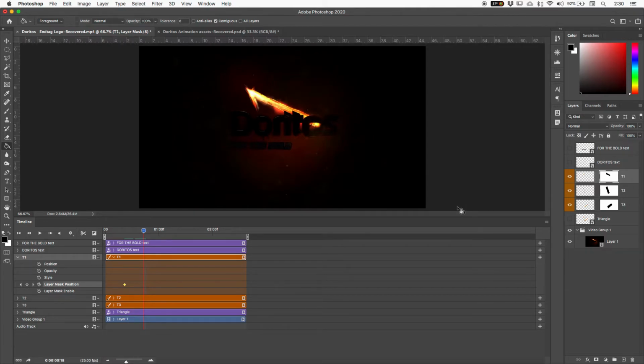Now you can press Command or Control T to bring up the transformation controls. This could be handy to sort of know where it is, and as you can see, that's the shape of it there. Or you can just move it with your move tool. But I'm going to start shifting this around, and as I do that, you can see that's going to start revealing my shape. Now I'm not going to just stop where it's ended there, I'm just going to move it a little bit further, just to make sure it's sort of out of the way, and then press apply if you are using the